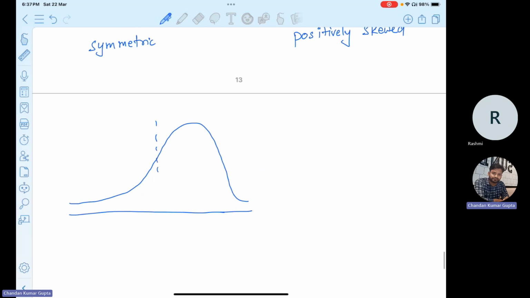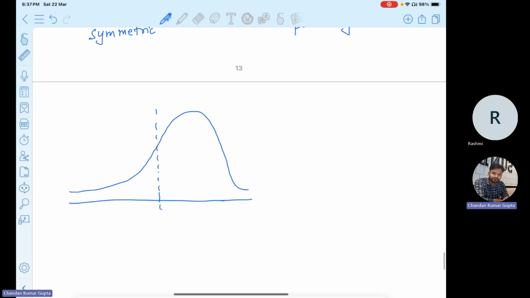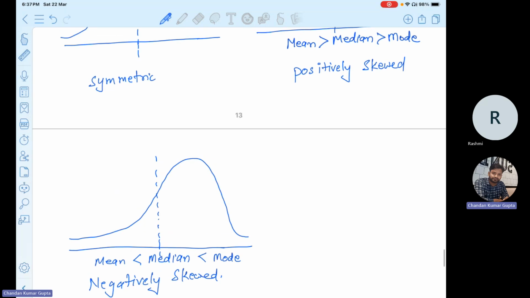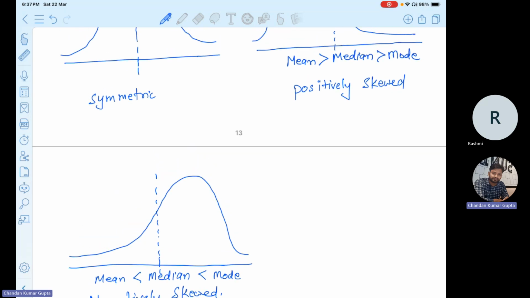Here in negatively skewed data, most of the data lie within the latter part, or within the second half of the curve. Okay, so this is called a negatively skewed curve. Here in this case, mean is less than median is less than mode. This is in general true. Okay, not always, but in general, we can see that the mean value is the minimum among the measures of